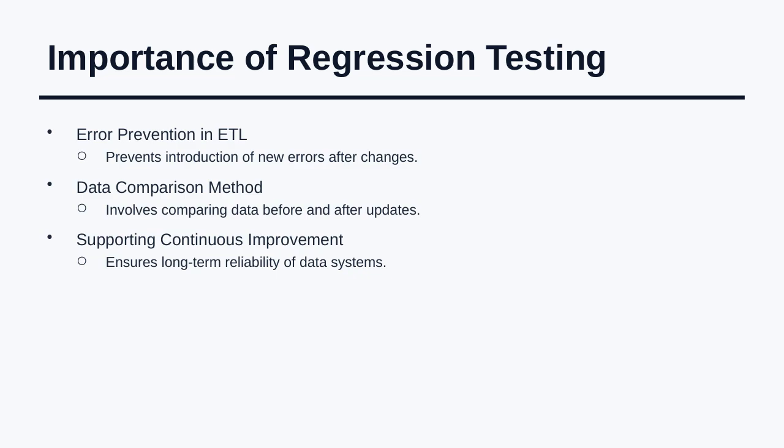By regularly performing regression testing, we support continuous improvement, making sure our data systems remain reliable over time. This is especially important in real-world data environments where accuracy and consistency are key for making informed decisions. Next, we'll build on this by looking at some practical examples of how to implement effective regression tests in your